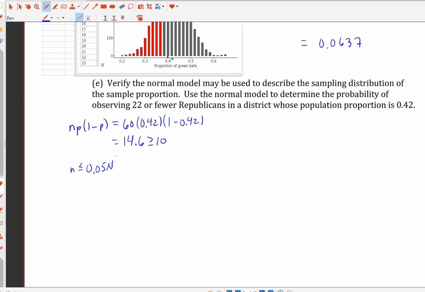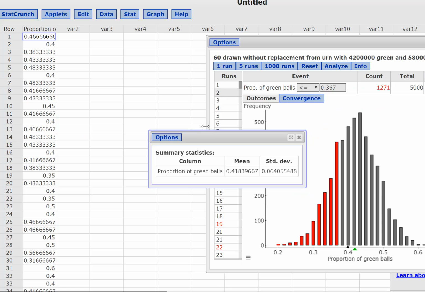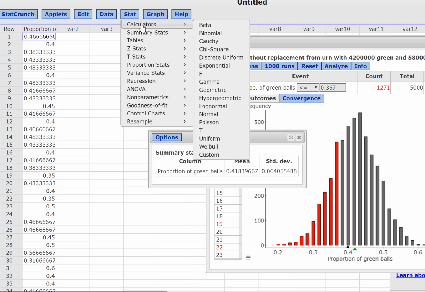So the normal model can be used, and so we're going to use that normal model to determine the probability of getting 22 or fewer Republicans from a population whose proportion is 0.42. So the population proportion is assumed to be 0.42. We got a sample proportion of 0.367, so I need to find that area right there using the normal model. In other words, I'm going to go to Stat, Calculators,